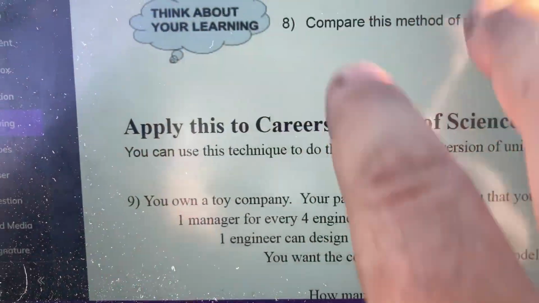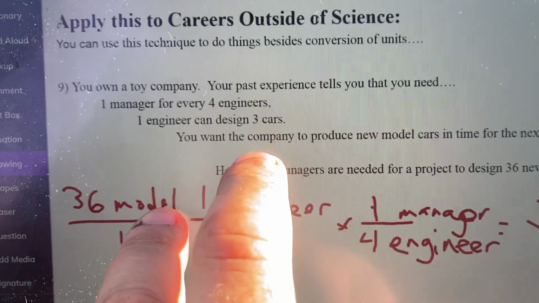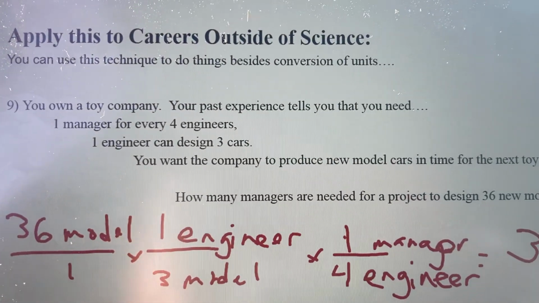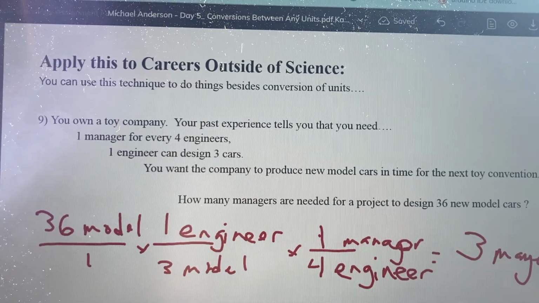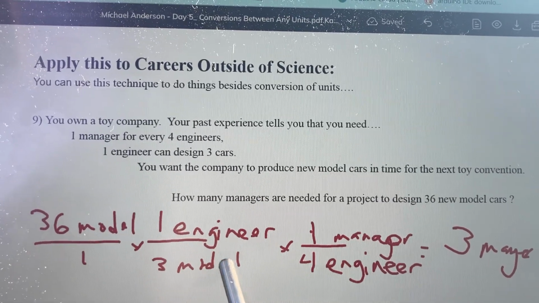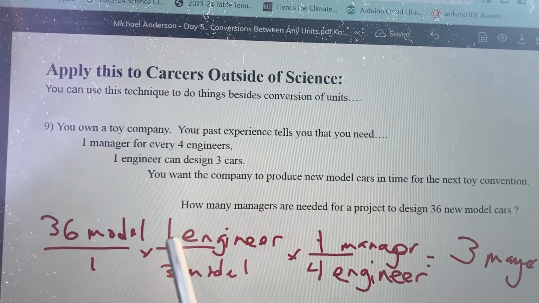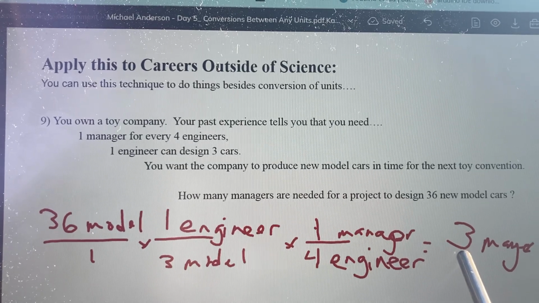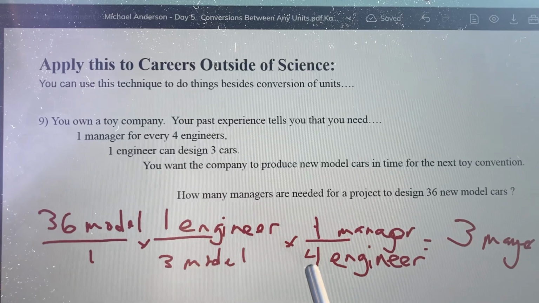This works not just for science, but for other things as well. So spend a moment to read this story problem. And you can see that we're going to be doing our conversions with these concepts just like we were doing conversions with units. 36 divided by 3 divided by 4